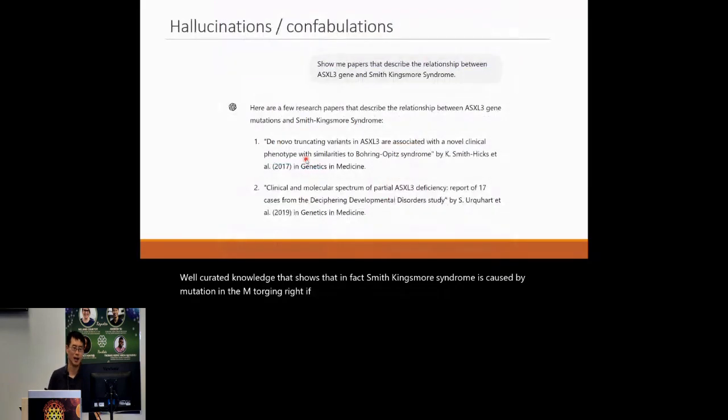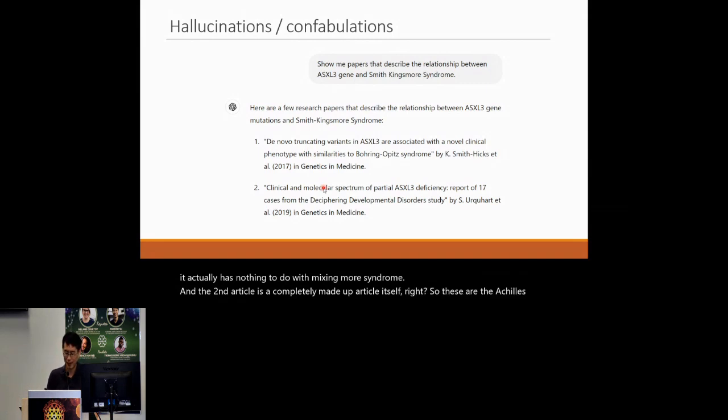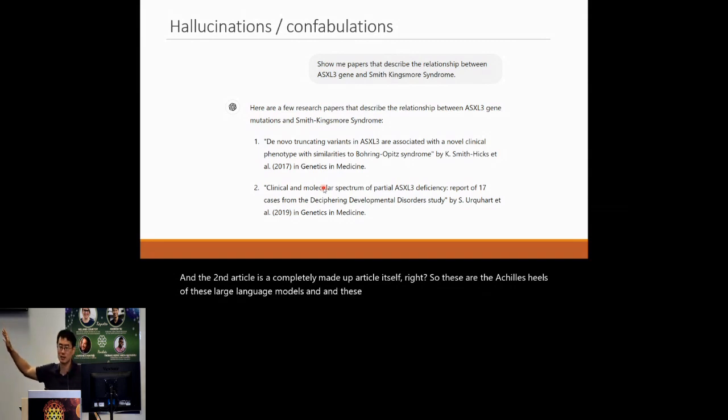If you asked ChatGPT to show me papers that describe the relationship between ASXL3 and Smith-Kingsmore syndrome, it would very confidently give you articles back that it believes substantiate that link. The first one is a real article, but it actually has nothing to do with Smith-Kingsmore syndrome. And the second article is a completely made up article itself, right? So these are the Achilles heels of these large language models. And these confabulations don't exist in GPT-4. And in general, GPT-4, we found, has been much, much better in terms of reducing these confabulations, but there's still